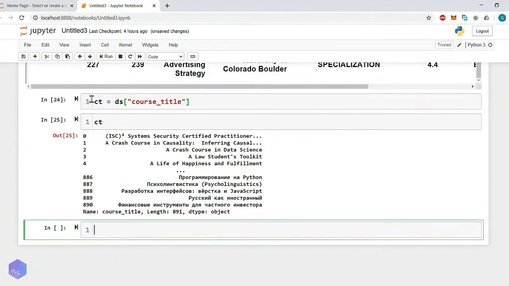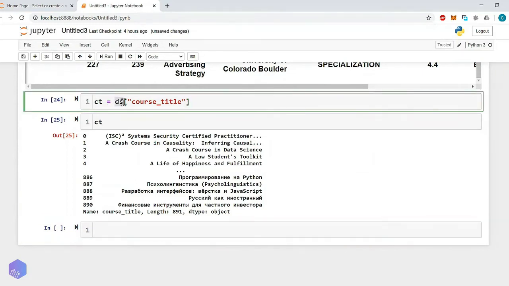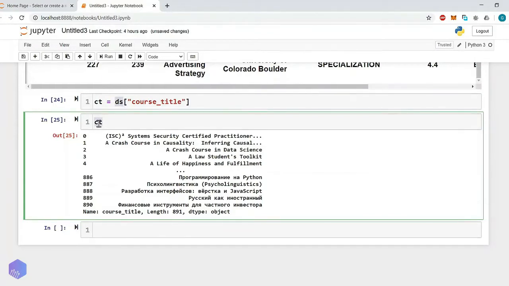So here it is. Now whenever we want to work on the course title data only, we will not interact with ds, but we will go with the course title variable. We have the entire column in one variable. Yes, let's say if you want to know the